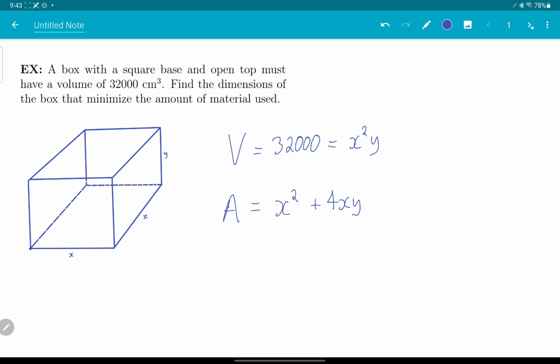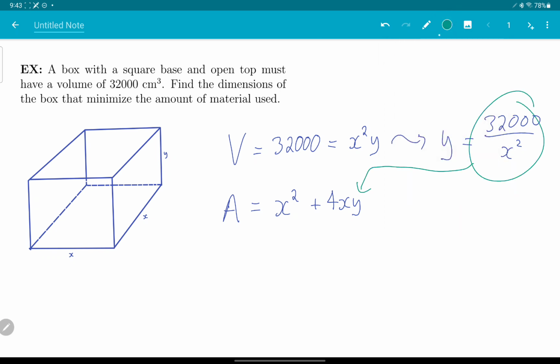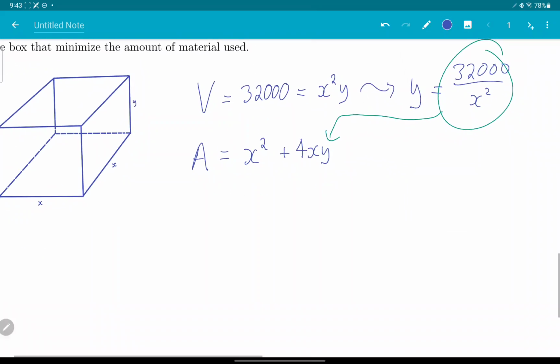So in principle, you can solve for x or y here, but I think you'll agree, it seems easier to solve for y. So I get 32,000 over x squared. Take that, plug it in for y here, hope for the best. I think we're in good shape though. x squared plus 4x